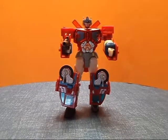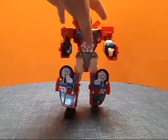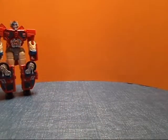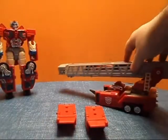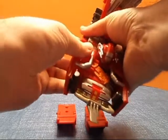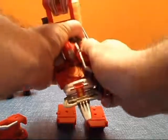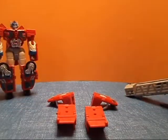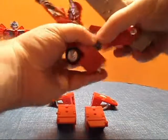Now, with regards to this figure and all his other parts, there are some options. I'm just going to straighten him up. Straighten up his legs. He doesn't need this gun in his arm anymore. And we're going to put him in the back for a bit. Now, this also comes apart. These parts here will come out, and you just pull on them like so. It's not too difficult. They are on hard, but they're not impossible to get off. And this will also come off,